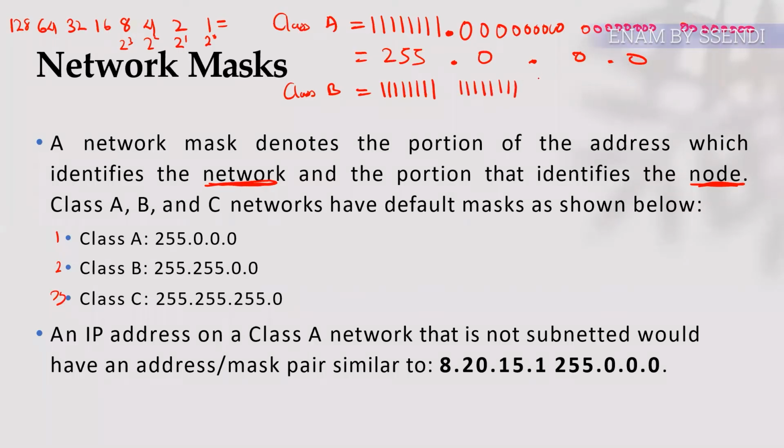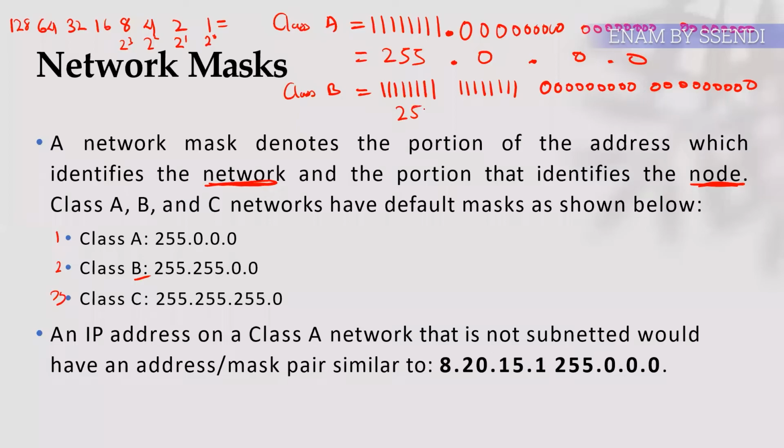And then the host bits are how many? The host bits are 16 as well. They're represented by zeros. So we shall count 1, 2, 3, 4, 5, 6, 7, 8, and 1, 2, 3, 4, 5, 6, 7, 8. Are we together? So that means that our default subnet mask for class B, after converting using this conversion method,